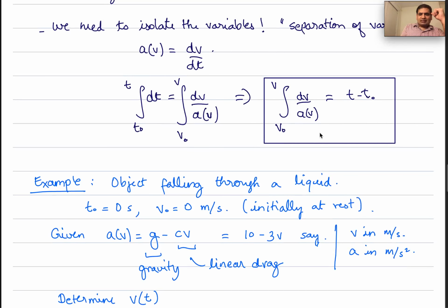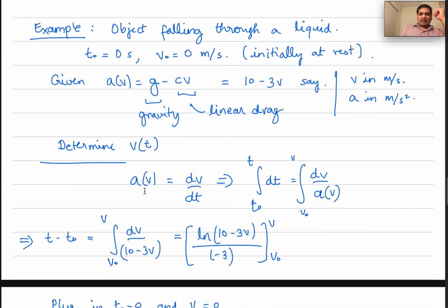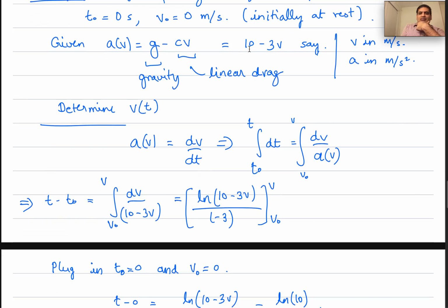So we basically follow this principle. a of v equals dv by dt. You bring a of v here, dt up here. Integral dt equals integral dv by a of v with appropriate limits. Let's plug in these numbers. t minus t naught equals integral dv divided by 10 minus 3v, which is a of v. So this is an integral,